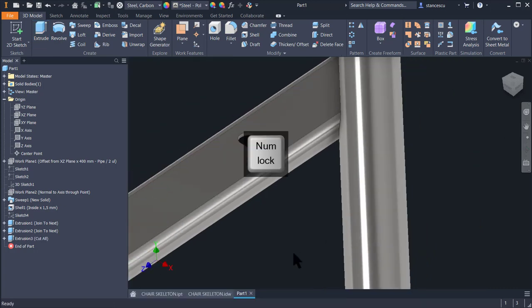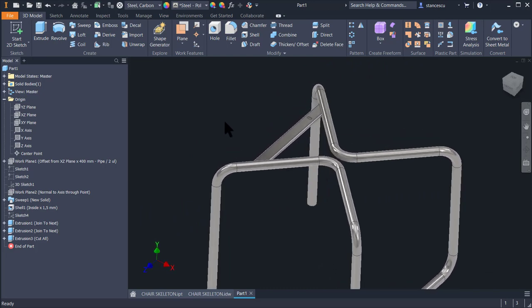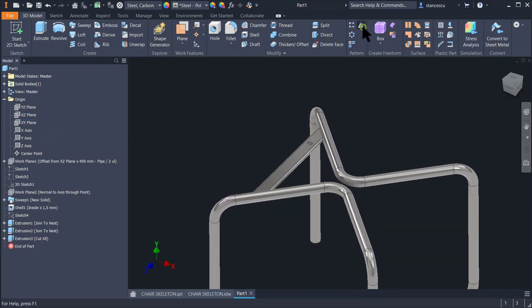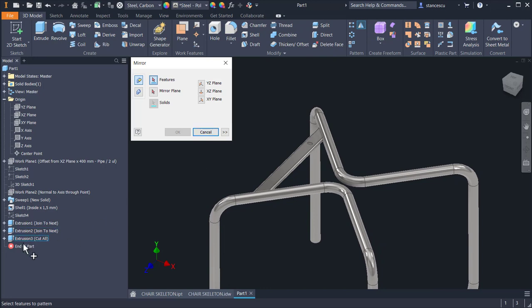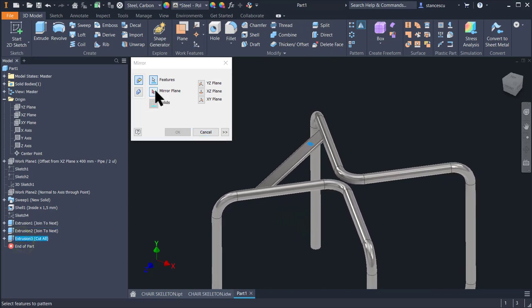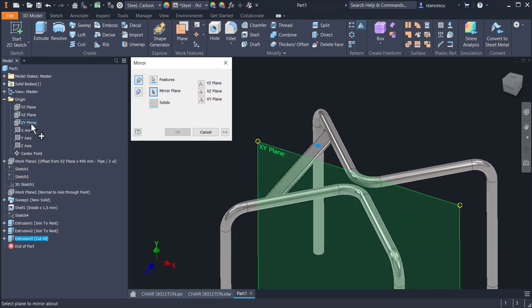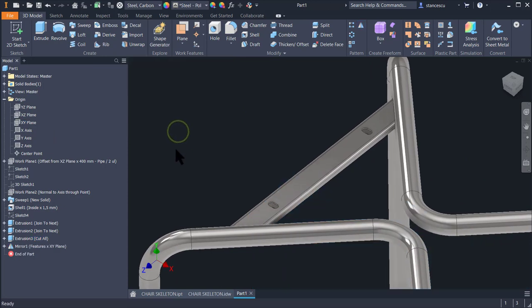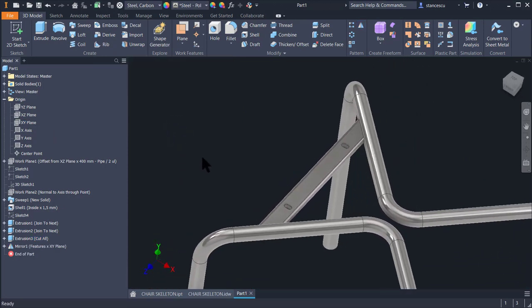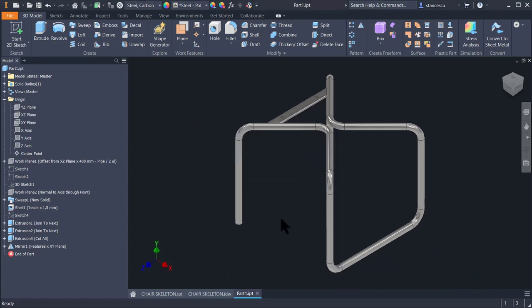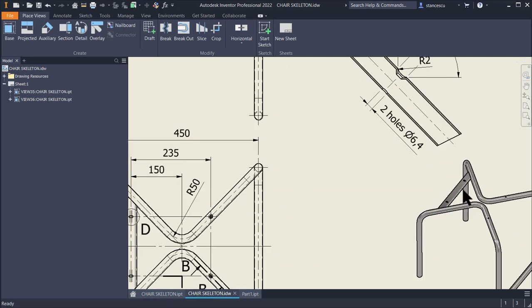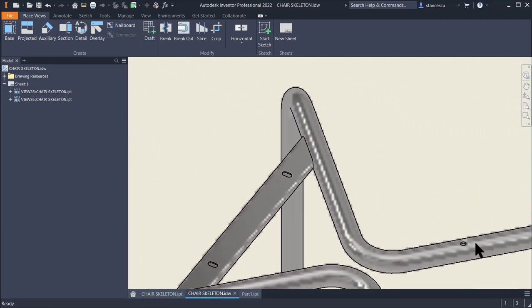Good. Now I use the midplane, this is the midplane, to apply mirror. Mirror of the last feature about the midplane, which is this one. You see we have here the result. Okay, that's good. Next and last feature is this one,